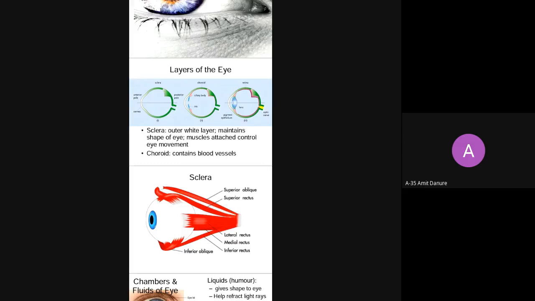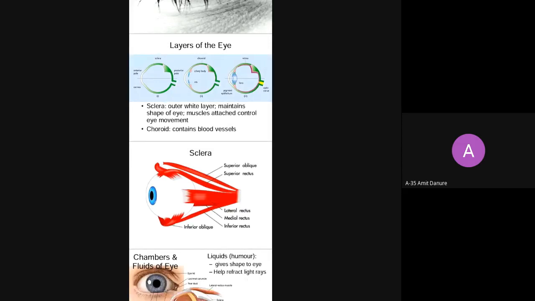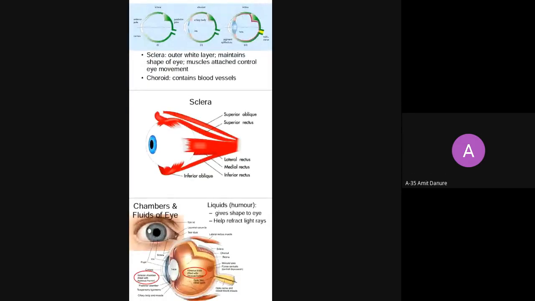So what are the blood vessels that are internally connected to our eye? As we observe the second image, it consists of a number of structures: the superior oblique, superior rectus, lateral rectus, medial rectus, and inferior rectus. These are connected to our internal human eye. Depending on these, we can also call it the optic nerve, which has the function of transmitting data to our human brain.